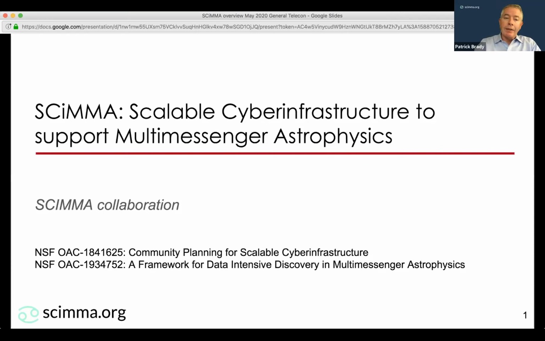proposals. And we got an award to continue the community planning, but build into some prototyping infrastructure, and also then try to actually develop a strategic plan for an institute that would be really serving the community. So it's meant to be a hub. It's not meant to be just a single set of PIs or things that work under the funding, but to be broader than that. We're still trying to find our feet and find our way through this. It's a large distributed effort, and it's also, of course, needs incredibly broad and great engagement to cover multi-messenger astrophysics.